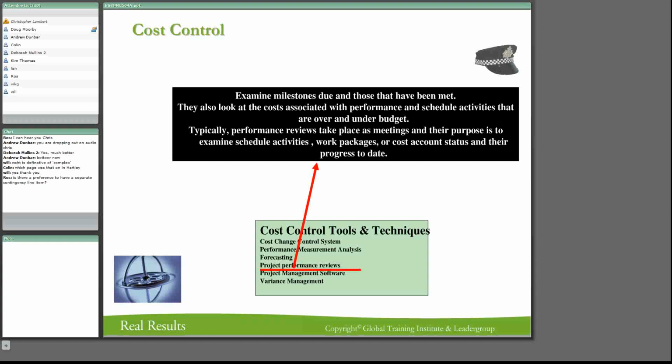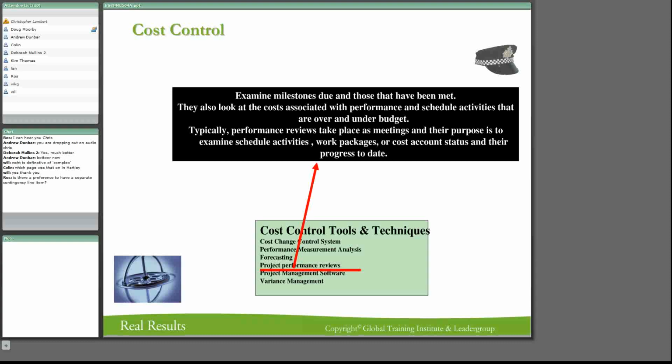Okay, examine your milestones. And you're going to look at the costs associated with their performance and the scheduled activities. Reviews take place at project meetings. This is where you're going to take them to your board. So your project board